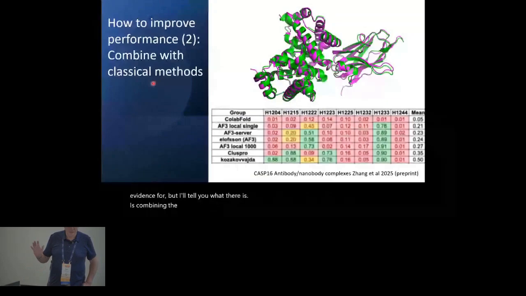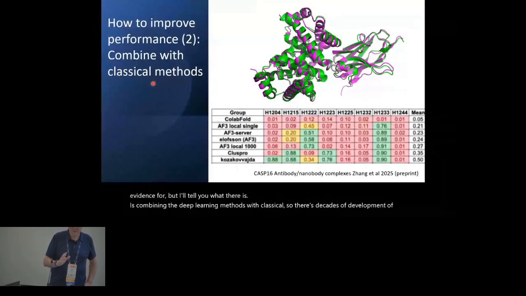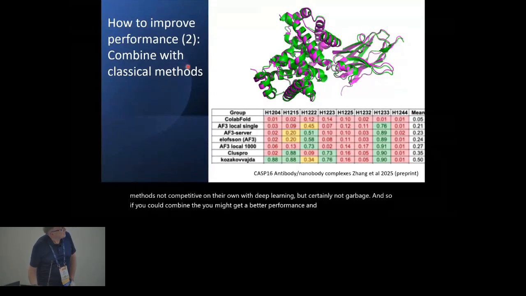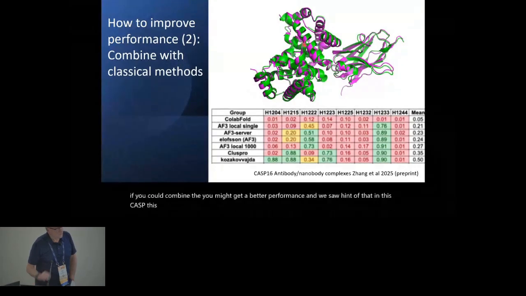So there's decades of development of methods, not competitive on their own with deep learning, but certainly not garbage. And so if you could combine the two, you might get a better performance. And we saw a hint of that in this CASP. This is for difficult complexes, the ones that show in those outliers for protein complexes, where you don't have evolutionary